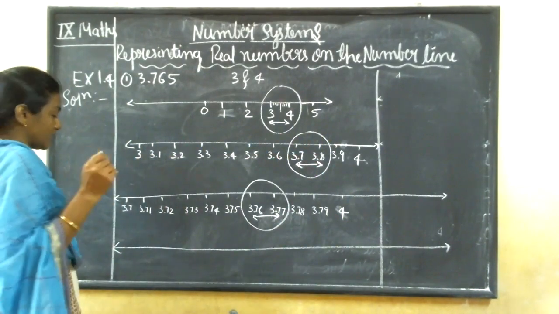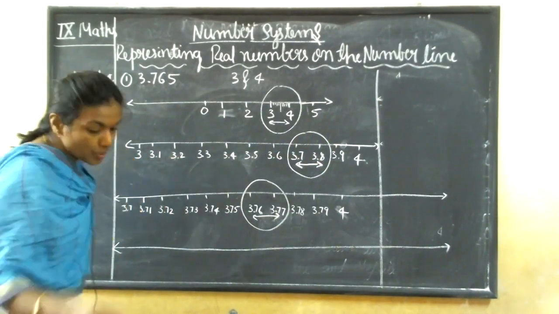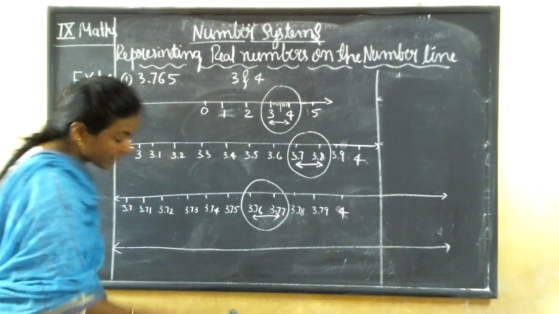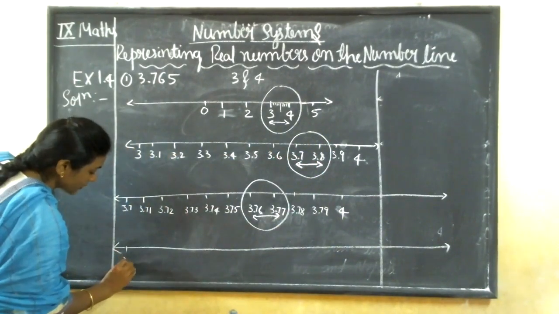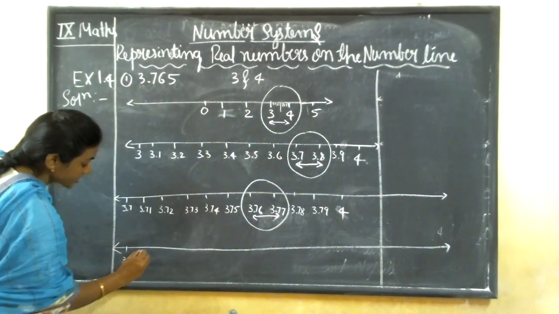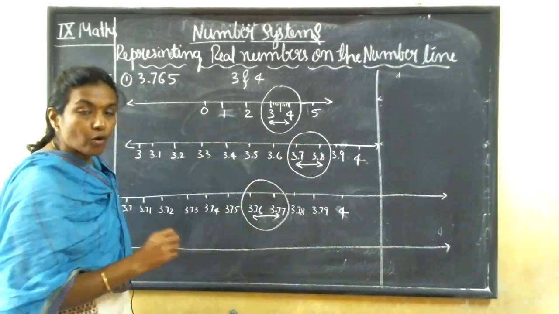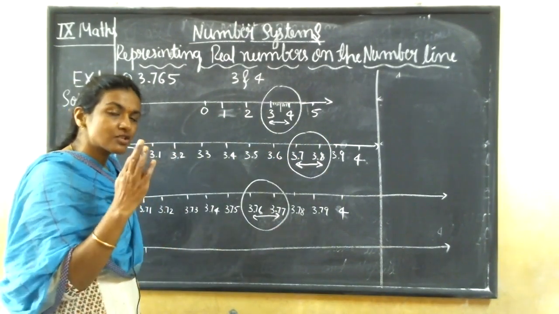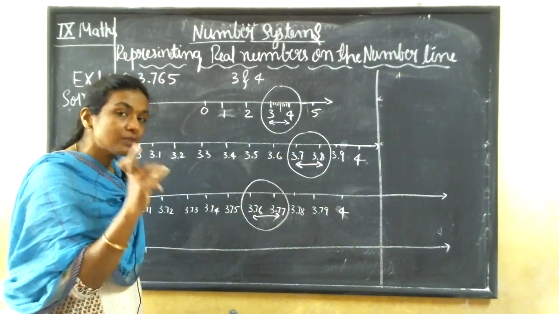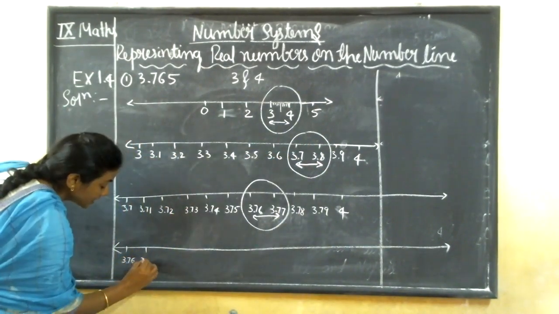So what are we going to write here? We are going to take 3.76. Here we are going to start with 3.76. Next comes here what, guys? We are dividing 3.76 to 3.77, in between them 10 lines, right? So here